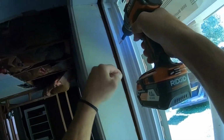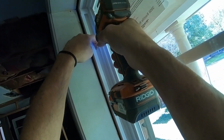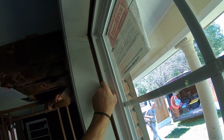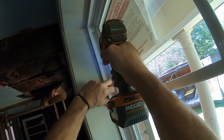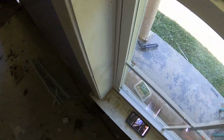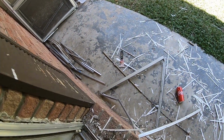All right, see, that didn't even reach my wood. Oh, really? Come on. All right, that's going to be a problem. All right, let's see if I can drive all the way. All right. Now I gotta figure out how to get that screw out. The joys of remodeling. There's always something that you gotta...